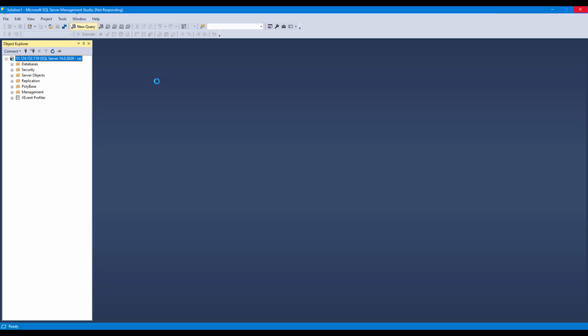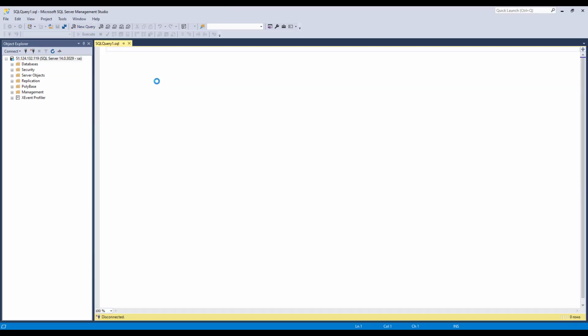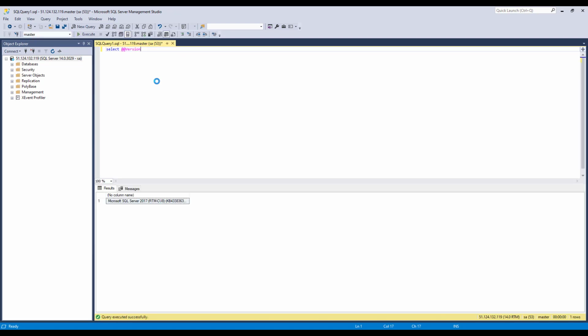Just run a few queries so that we can create our SQL databases and we can check the version. Yes, you can see the actual version here.